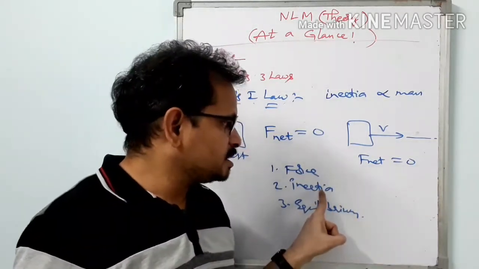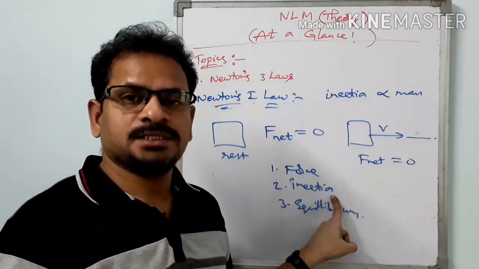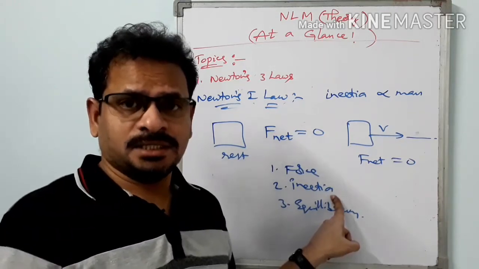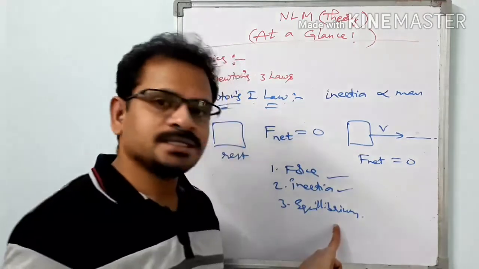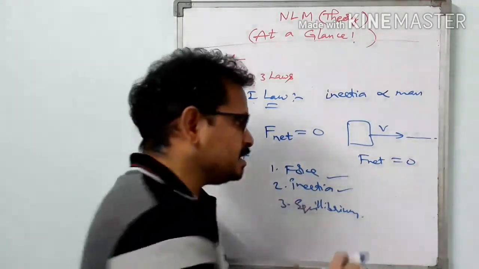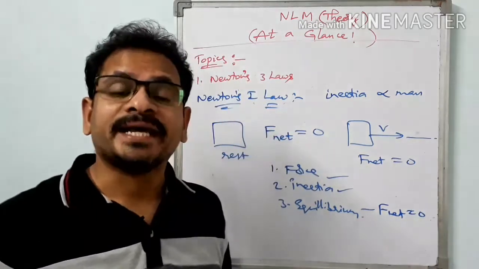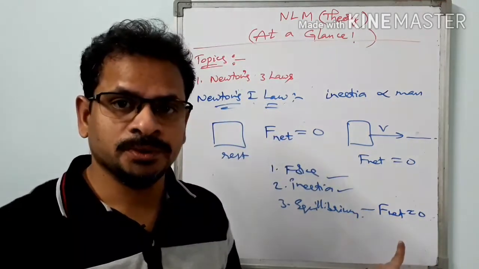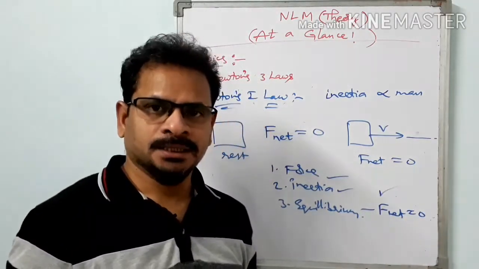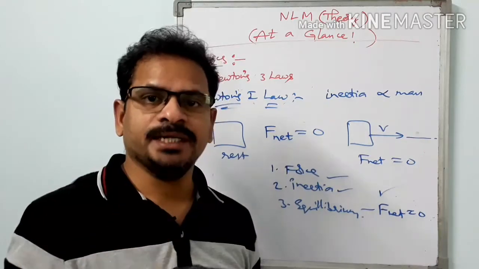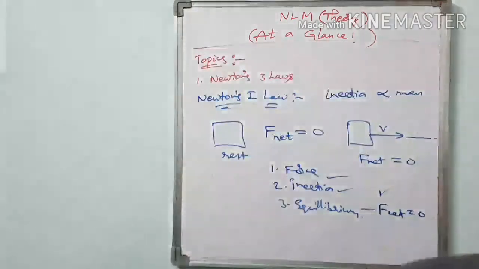And also it is giving us a new physical quantity which opposes the change in its state of rest or state of uniform motion along a straight line, that is inertia. And one more thing is equilibrium. When a body is in equilibrium, the net external force acting on that body must be 0. This information is also given by Newton's first law only. So we do problems regarding equilibrium, and that depends on Newton's first law only. Got it? Okay.